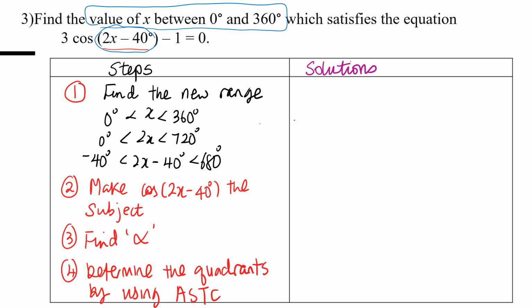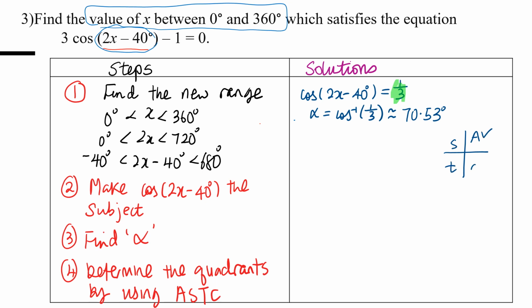All right, so we're going to make cosine of (2x minus 40) the subject. So that gives you negative 1 brought over becomes 1. So 1 divided by 3 gives you 1/3. Second step, find alpha. So cosine inverse of 1/3 is 70.53 degrees. Okay, so the third step is we're talking about a positive ratio. And so if you draw your ASTC,